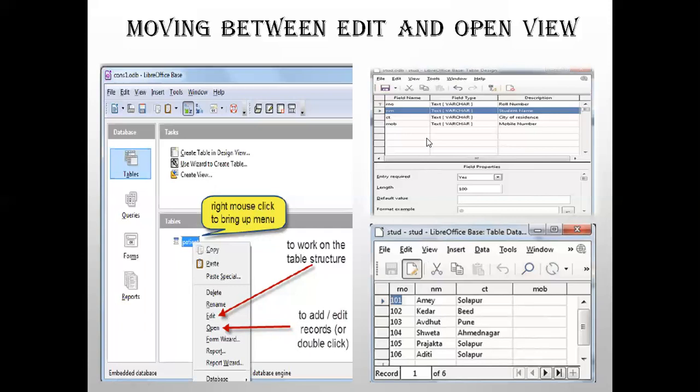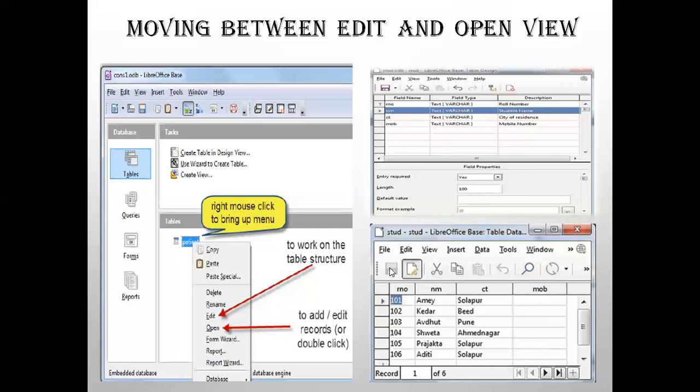Again, here if there was a mistake in the fields, you have to come here and change it, or you selected a wrong data type, or you forgot to give the description or change any property. You can go to edit, make the changes in whatever you want, and save it.